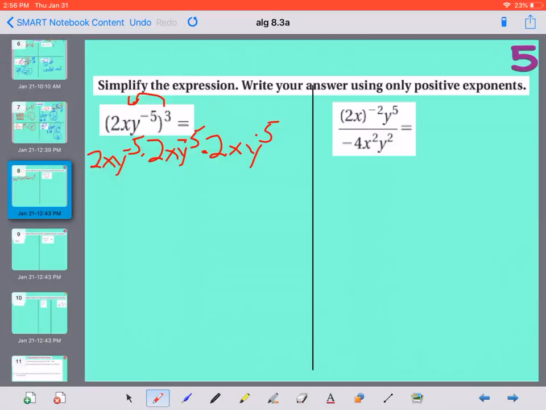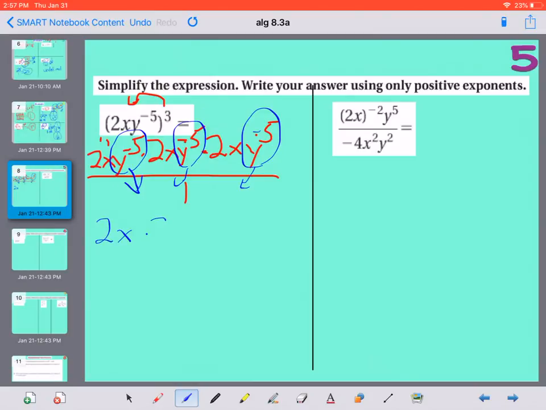So that's all over 1. What we're going to do is find our negative exponents here. What we have is 2 to the 1, x to the 1, and then y to the negative 5. So I'm going to move that down here. Same thing here, y to the negative 5, move that down there. And y to the negative 5, move that down there. So what we have left on the top is 2x times 2x times 2x